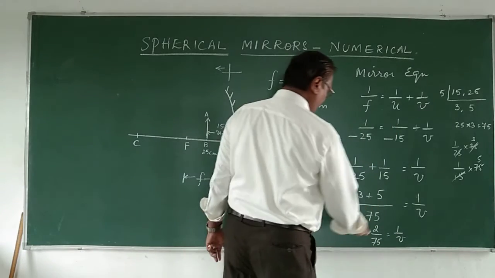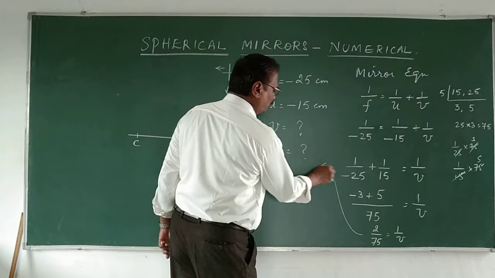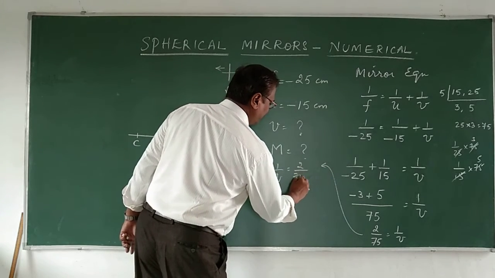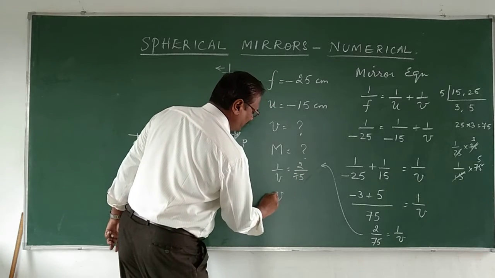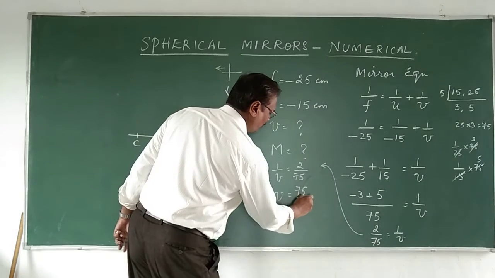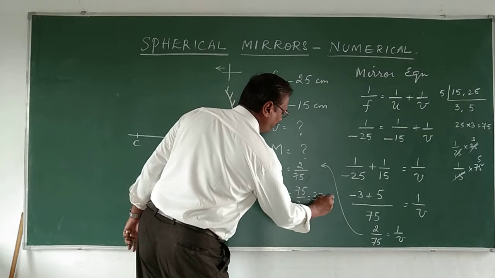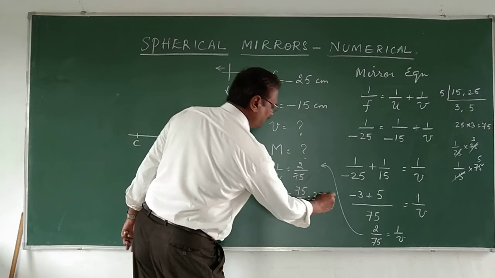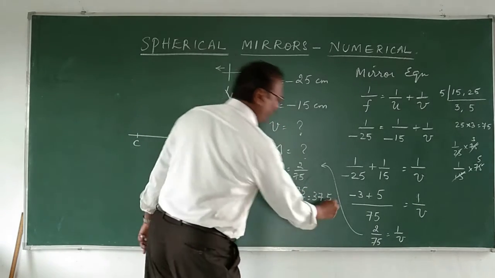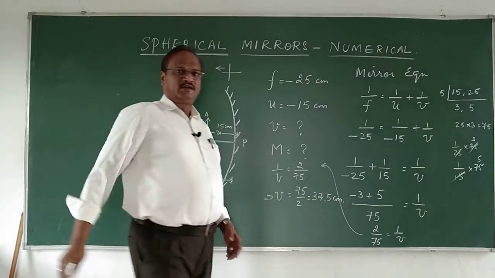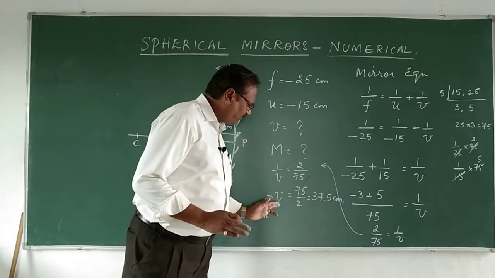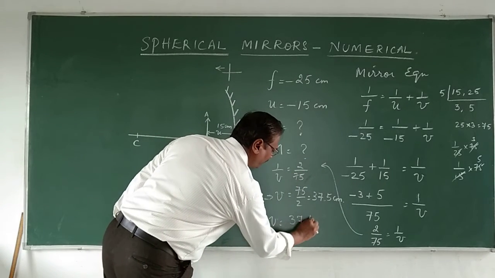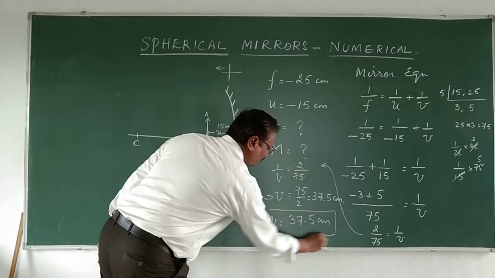I will tell you at this point, I am taking this point over here for you, right? 1 upon v is equal to 2 upon 75. It is better we write, which implies v is equal to 75 upon 2. That is 37 point, 3 2s are 6, 15, 14, 10, 70, 37.5 centimeter. See, now we know that the position of V is 37.5. I am marking it very carefully. 37.5 centimeter.